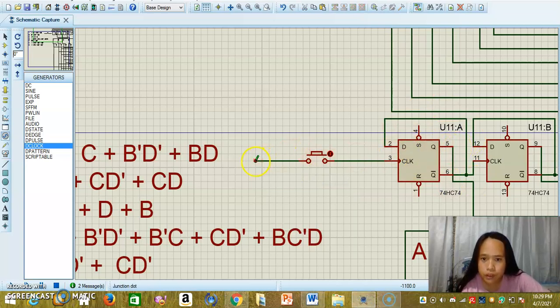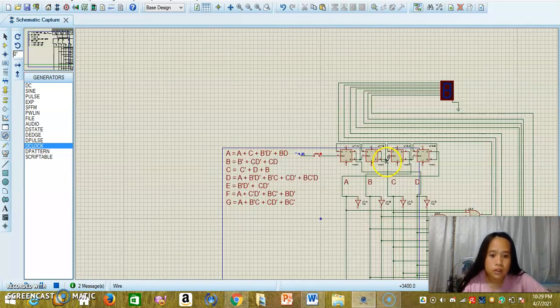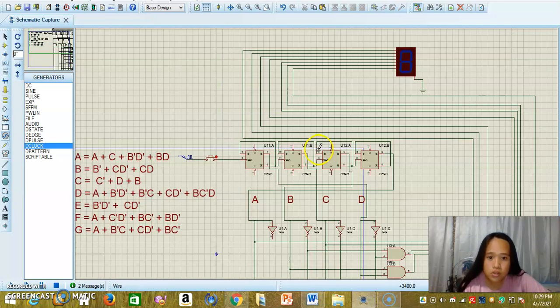Wait. So DC clock. Okay, so connect this one to our button. Okay. So let us try to run one. And we're going to click the button. So let us see. 2, 3, 4, 5, 6,